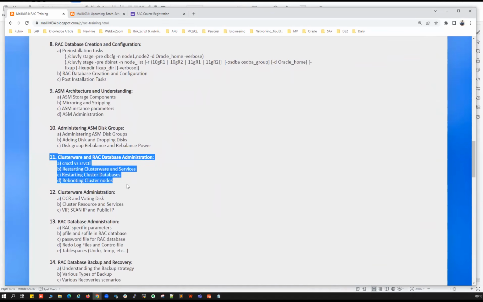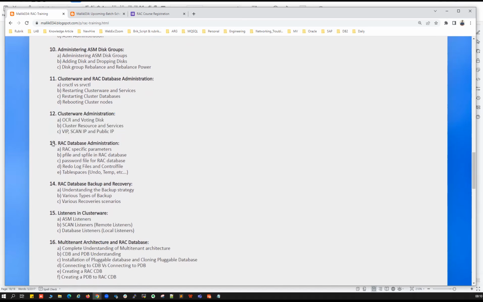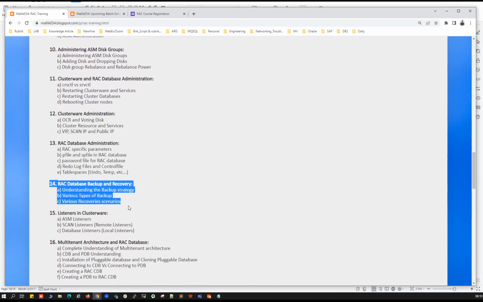my clusterware administration, SRVCTL versus CRSCTL, and restarting your cluster, restarting your database, restarting your instances, and restarting your server or node itself, and your voting disk, OLR, OCR, SCAN, VIP, public IP, cluster resource, and database resource, and your RAC database administration, your pfile, your spfile, password file, control file, redo log files, archive log files, system, sysaux, undo, user, and any custom data files or the tablespace, and followed by your backups and recovery, your